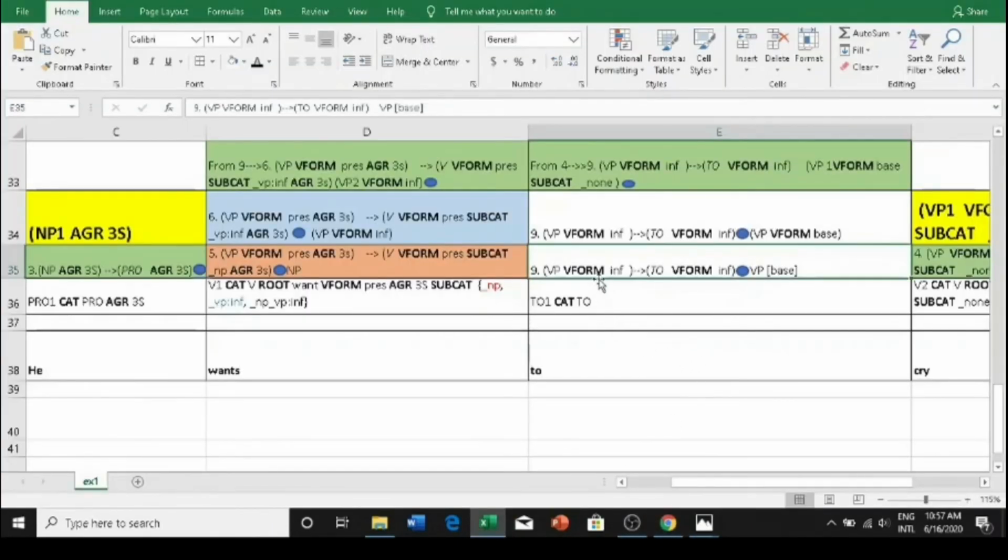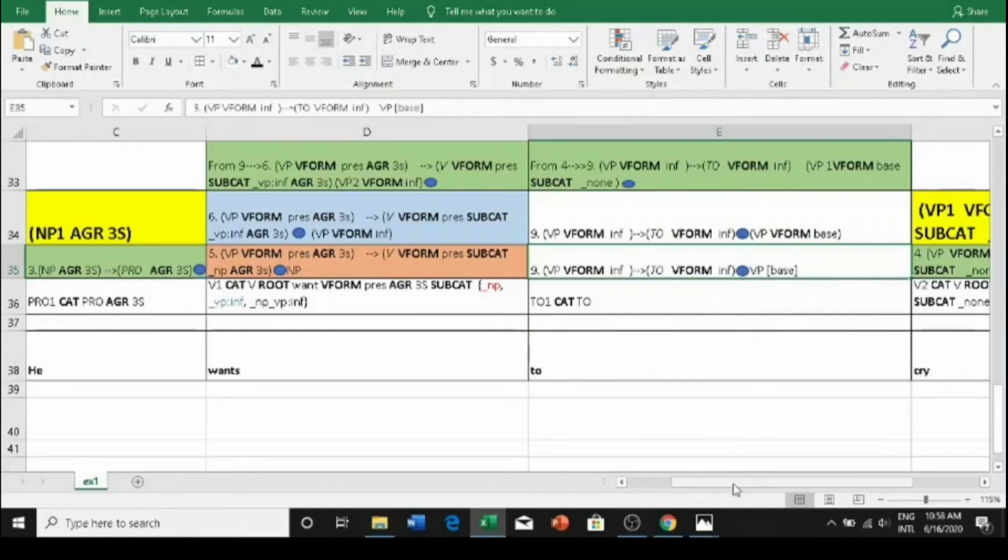So vform value is written here, and we have already seen that the VP on the left has a restriction of infinitive, so that also confirms here, as they are both sharing vform. But agr feature is not there for left side as well as the right side. Why? Because the agr for to is not defined, right? So left side, that is your mother, won't also take up that value, so agr feature is not explicitly shown. And as we have processed to, we will put a dot just after to.